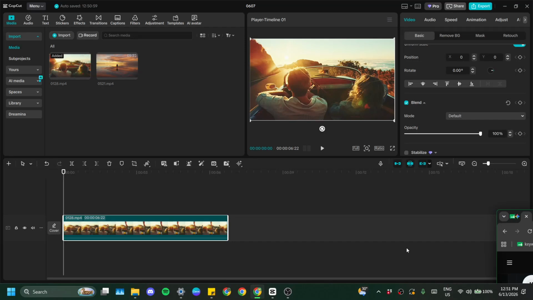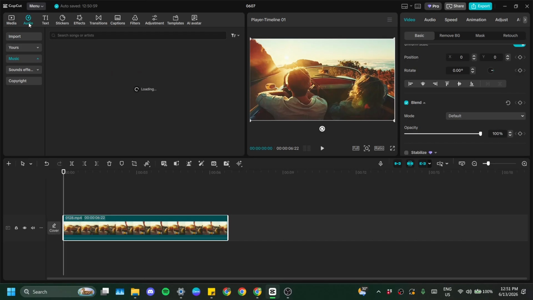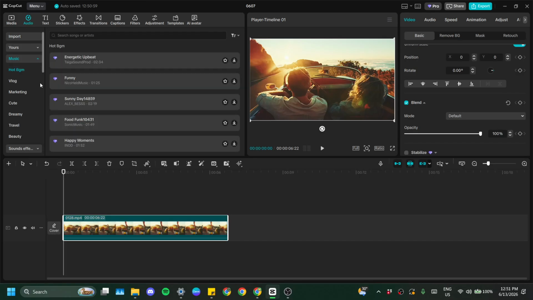In today's video, I'm going to teach you how to add sound effects in CapCut PC. To get started, move your mouse up to the top left corner of the CapCut interface and click on the Audio tab. This is where CapCut keeps all of its audio resources in one place. Once the audio panel opens, look over to the menu column on the far left side and click on the